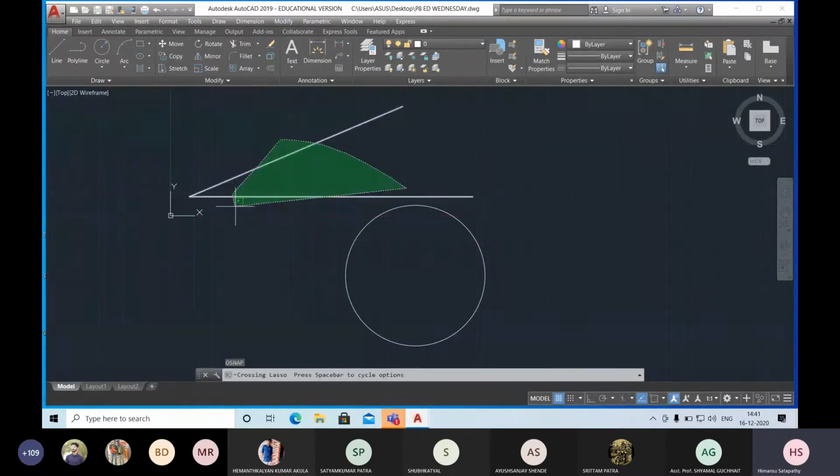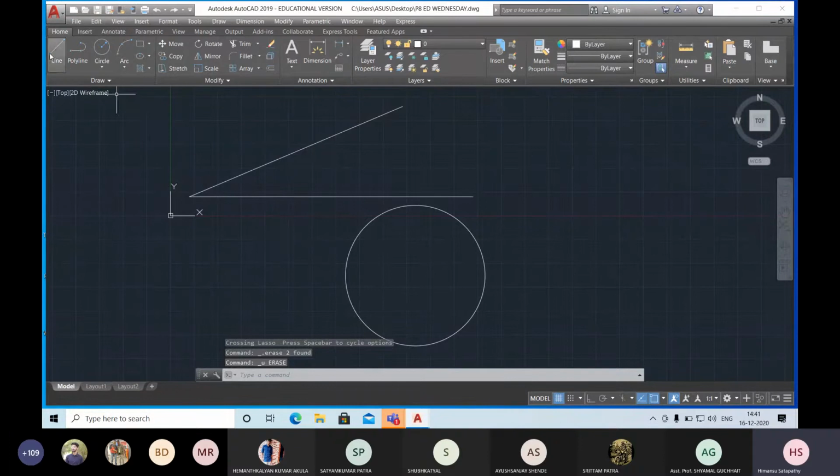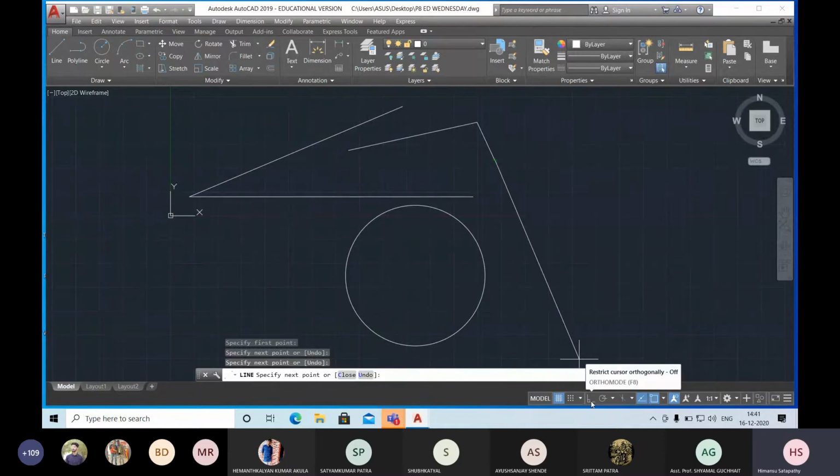Then the third option under the setting: when you want to draw a straight line, because I can draw an inclined line, but I could not say this line is a straight line because my polar tracking is on, so it is showing, but otherwise I could not say this is a straight line. When I want to draw a line of 2 lakh mm, 5 lakh mm, or 5 kilometers or 6 kilometers, then I could not draw these lines. I could not guarantee that these lines are straight lines. So if you want to make it a straight line, press F8 or ortho mode on.